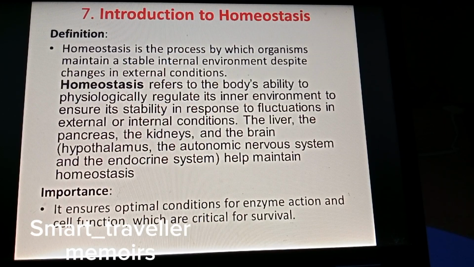Introduction to homeostasis. Homeostasis is the process by which organisms maintain a stable internal environment despite changes in